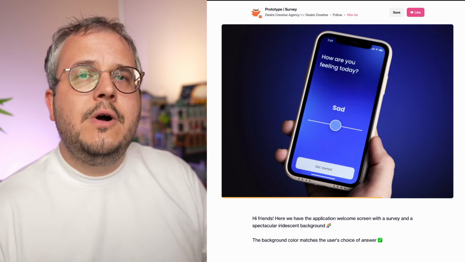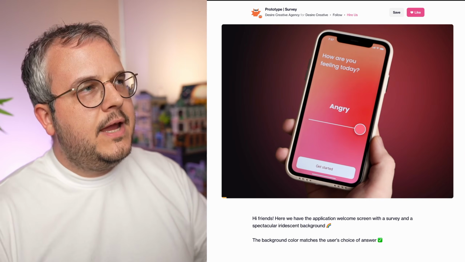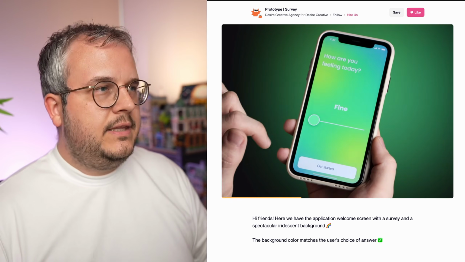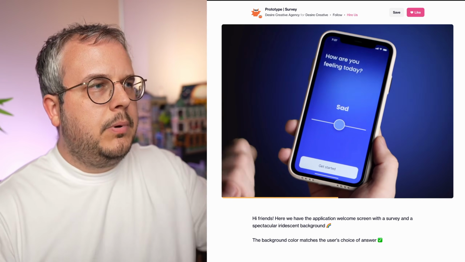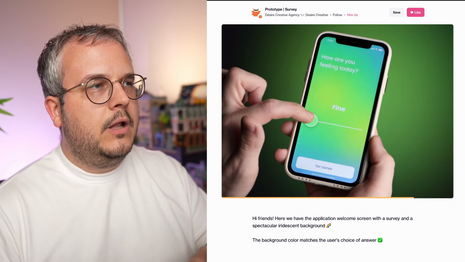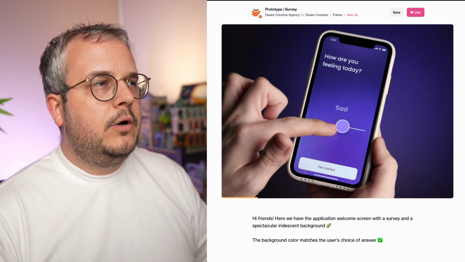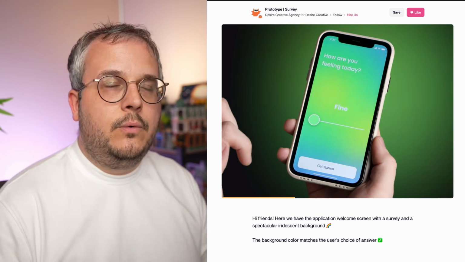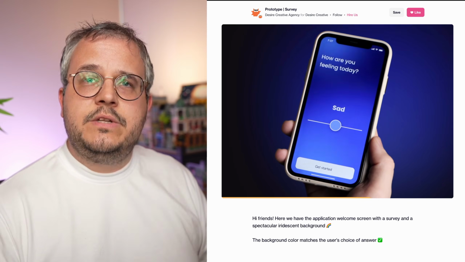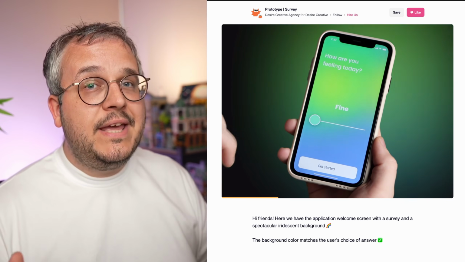So in order to show you how to animate gradients, of course we need an example. And that example today I found on the Dribbble website, and what we're gonna rebuild is actually this. You also see these moving blobs in the background, which we're gonna add as well, but they're always the same color. But what you see is that when you move the slider, the color of the gradient transitions from one color to the other color. And that's something that until recently was not possible with plain CSS. However, right now it is.